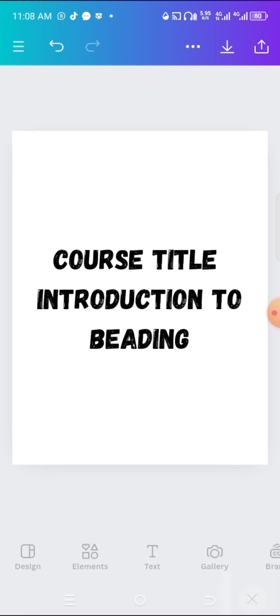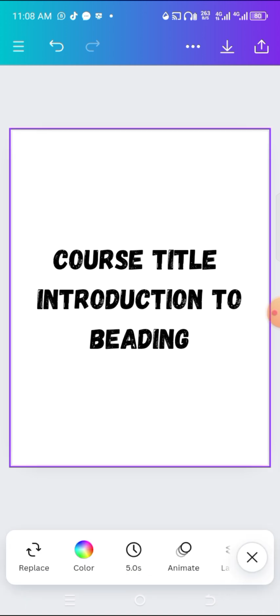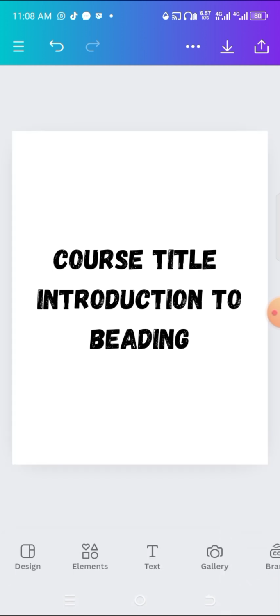Along the line, if you're going to add any graphs or any images from any website, don't forget to add attribution to it, a kind of thank you to the person who designed this image that you're attaching to your ebook. Let's take, for instance, you're attaching a photo here which was not designed by you. You got it from a website and you want to paste it here. When you paste it, don't forget to attach beside it